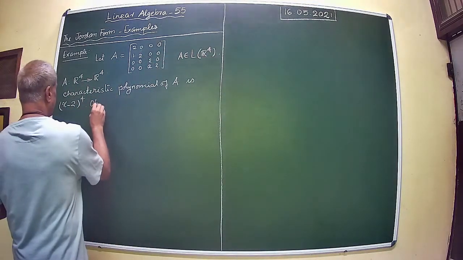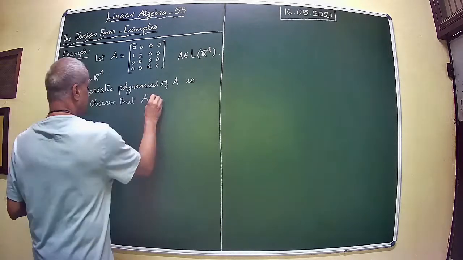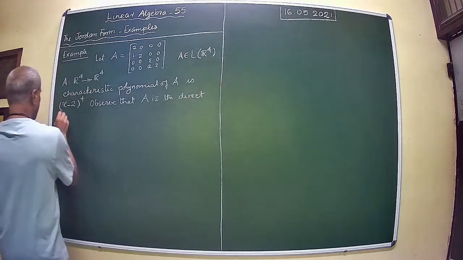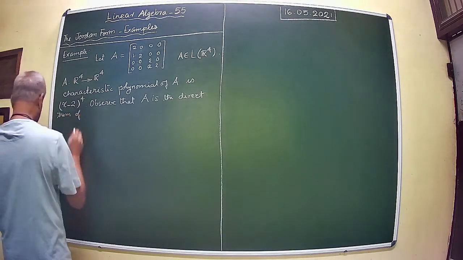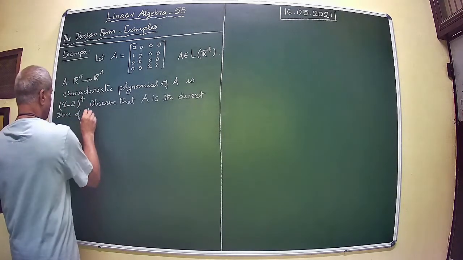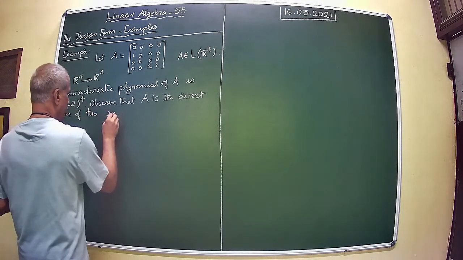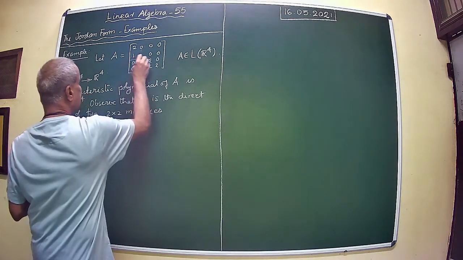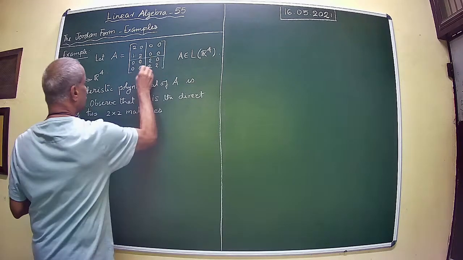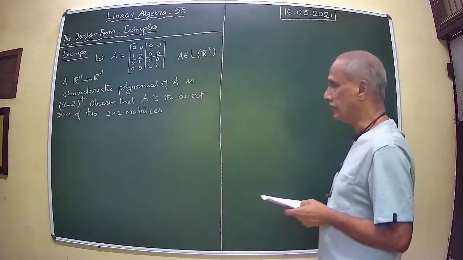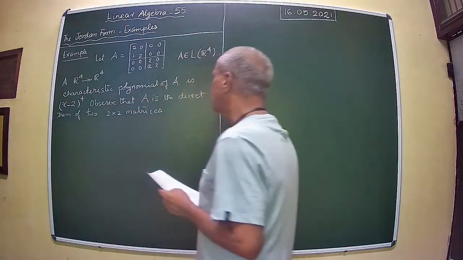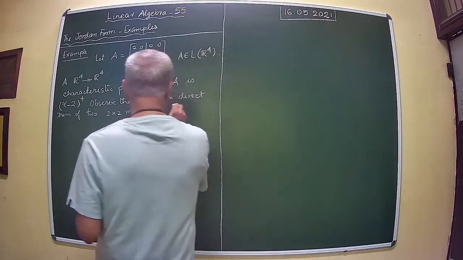Observe that A is the direct sum of two 2 by 2 matrices. As you can see here, this one and this one. That's the structure of the matrix. Now, therefore, it's quite easy to see that the minimal polynomial